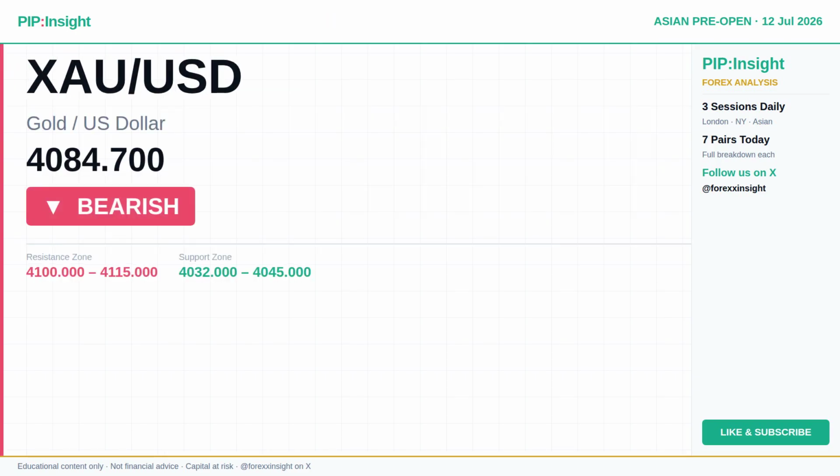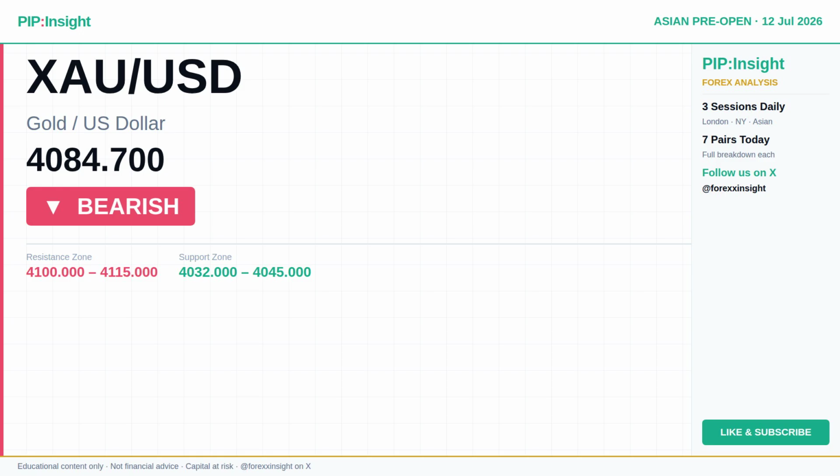If you're here for the gold breakdown, this one's worth your full attention. Gold has gapped lower into the Asian Open, with price sitting around $4,085 after a clean rejection from the $4,148 highs midweek. Across the 4-hour, 1-hour, and 15-minute timeframes, the structure is uniformly bearish, lower highs, lower lows, and